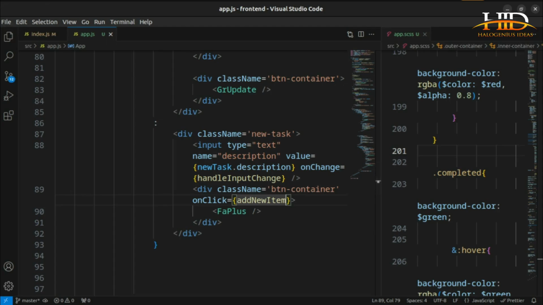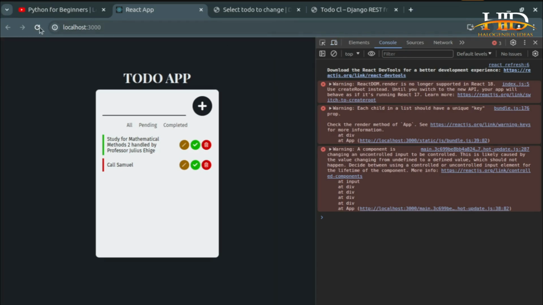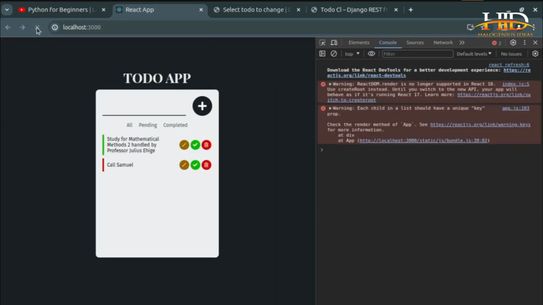So come here, and let me just take this out. If I should reload this, by default it will pull all the data. So if I try to click on this, you see empty description, showing that it is working fine. So if I come here and I say record